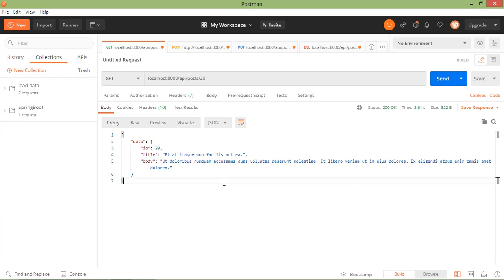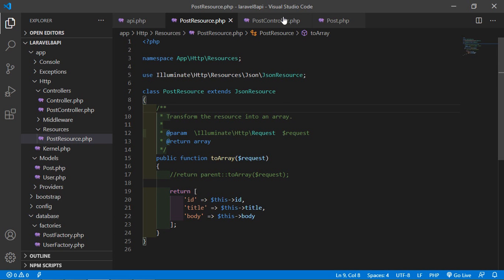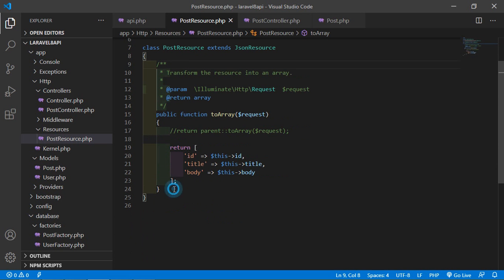You can also add extra details with the response, like you can add API version details or any URL. For that, just go inside the post resources and let's create a function for adding more details.